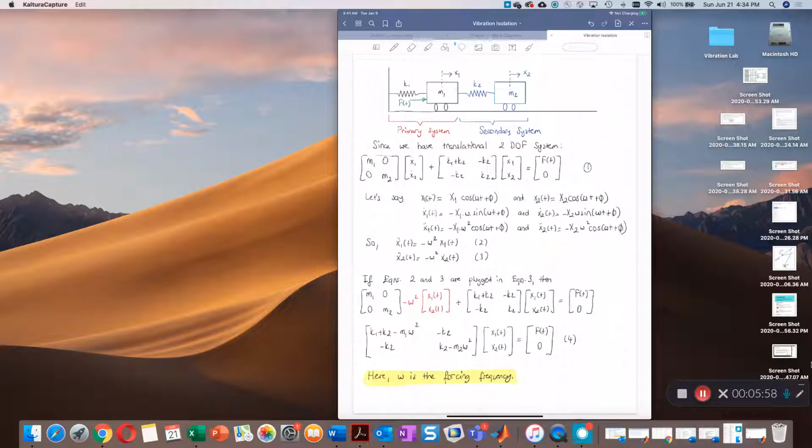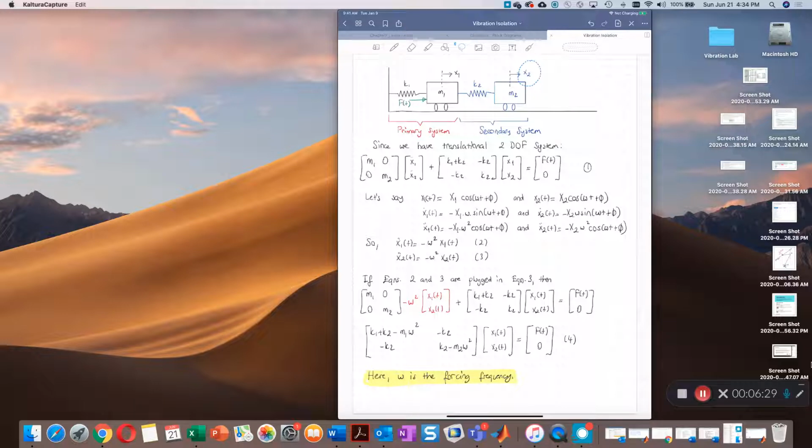So using row one, column one, I have mass 1 times acceleration 1 plus K1 plus K2 times x1 minus K2 times x2 equal to the force. After this, we have mass 2 times acceleration 2 minus K2 times x1 plus K2 times x2 equal to 0. Let's say the carts are oscillating at, remember please, for forced systems, we are no longer having a free